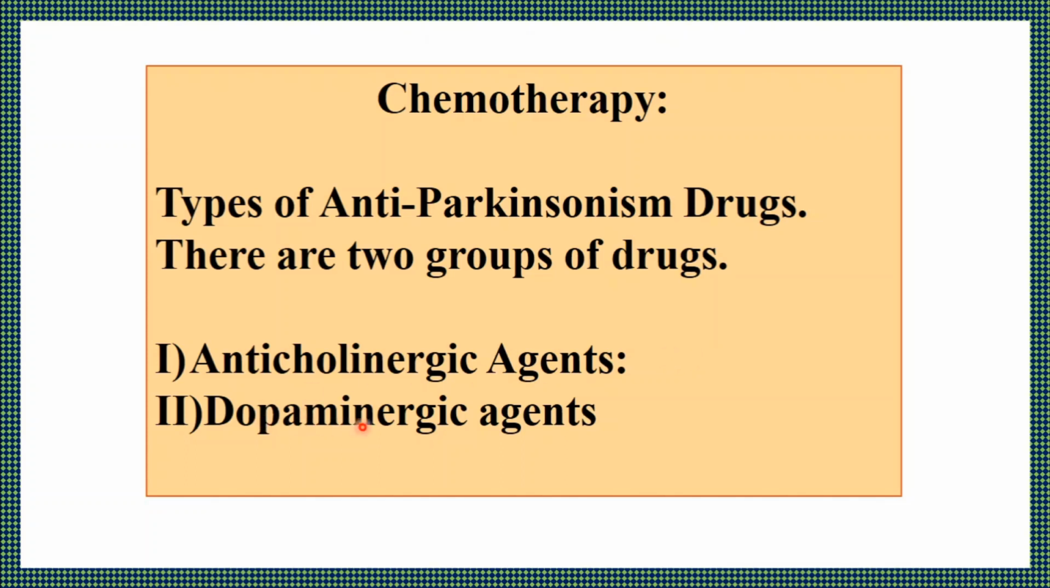Then the next one is the dopaminergic agent. Dopamine is the important neurotransmitter in the central nervous system, and its depletion is associated with the clinical condition of Parkinson disease. The compound which is able to replenish dopamine in the CNS or itself acts as an anti-Parkinsonism drug